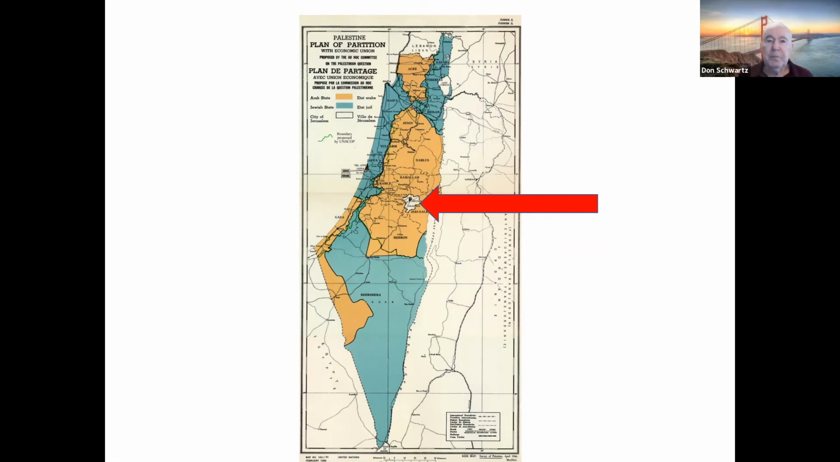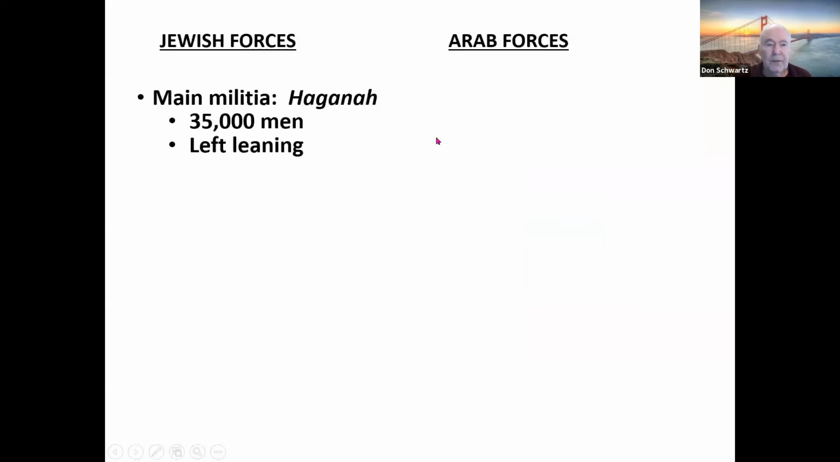Arab forces blockaded the road connecting Tel Aviv with Jerusalem, and that left thousands of Jews in Jerusalem besieged. Now, although the Arab population of Palestine was double that of the Jewish population, the Jews were able to amass a force of some 38,000 soldiers,